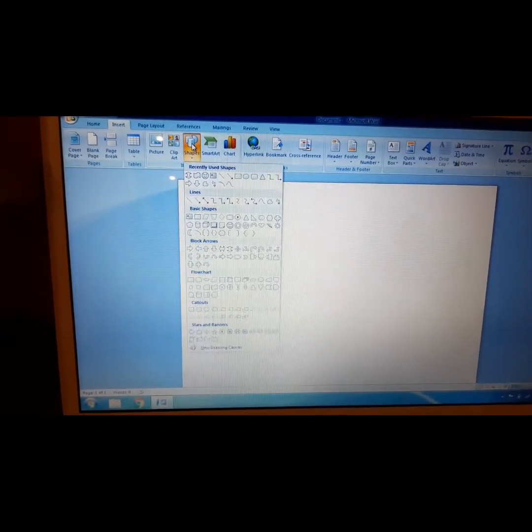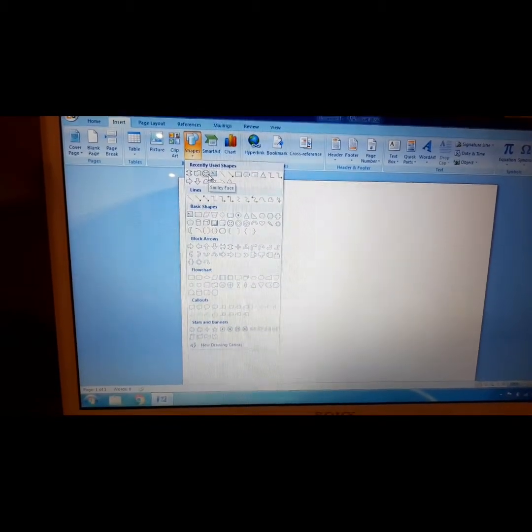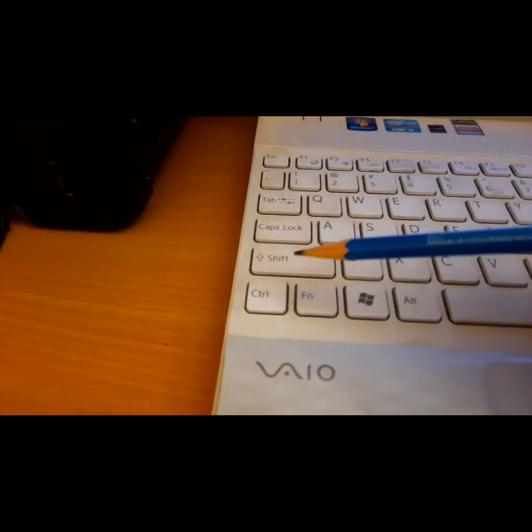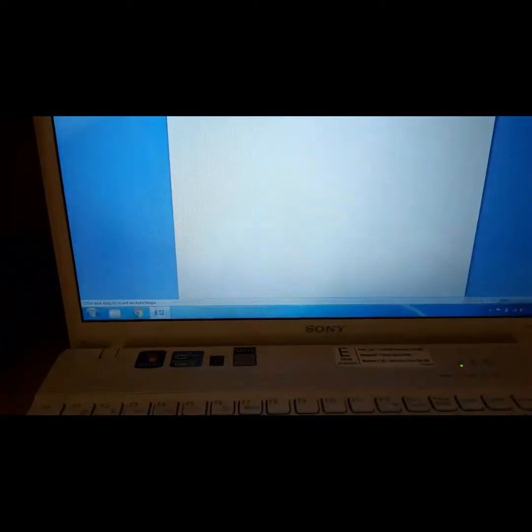While selecting the shape, if you keep the Shift key pressed, where is the Shift key on the keyboard? This key, if you keep it pressed while dragging the shape, it will be in proper ratio in all the proportions. So this is the usage of the Shift key.